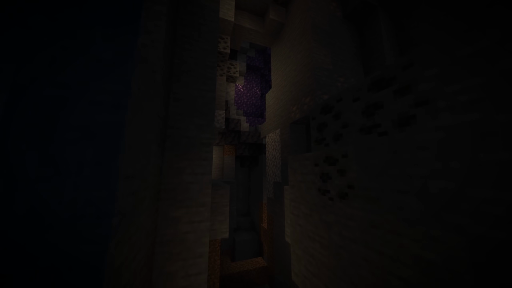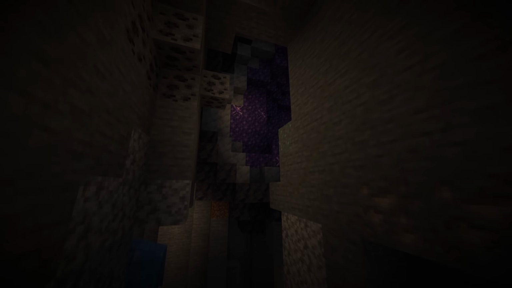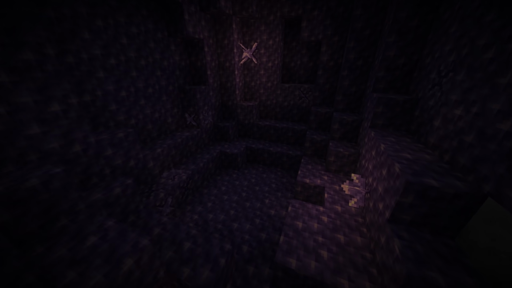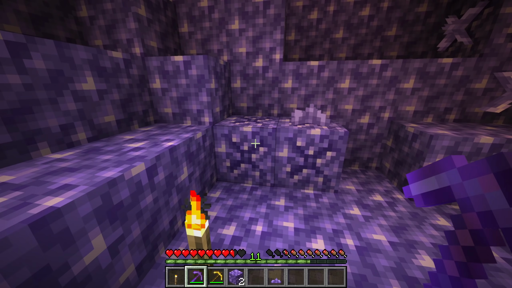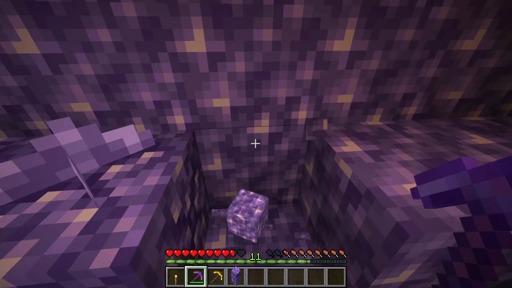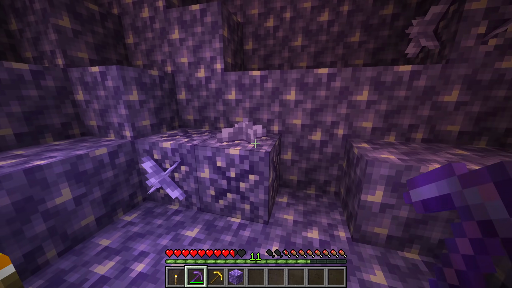Another new set of blocks is the amethyst crystal blocks. You can find these in amethyst geodes. Budding amethysts exist here, and you cannot obtain those in survival mode. They cannot be moved, and if you try to mine them, they simply break. Amethyst blocks, on the other hand, can be mined and obtained that way, but you can also craft them from